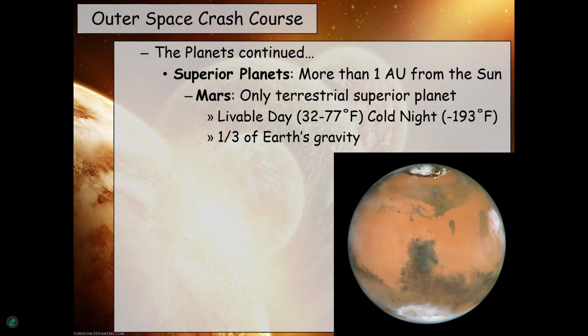So let me just throw out a number. If you weigh 100 pounds here on Earth, which most of you would probably weigh a little less than that, but if you weighed 100 pounds here on Earth, that means on Mars you would only weigh 33 pounds, right? So, assuming you could get to Mars with the same amount of muscle power as you have here on Earth, and it didn't just waste away, you could jump 3 times as high, right? Because you have a third of the gravity holding you down. It's not like you can launch yourself off the planet, but you can perform bigger jumps and leaps and that kind of thing than you would expect to be able to.